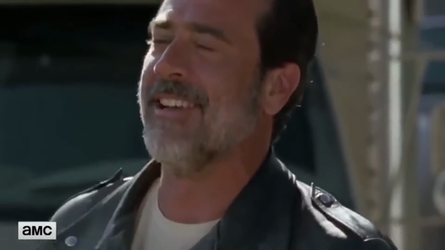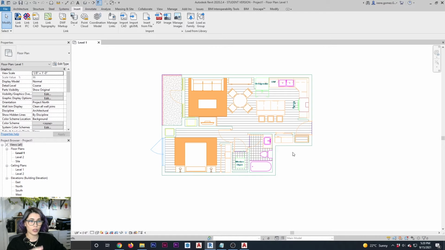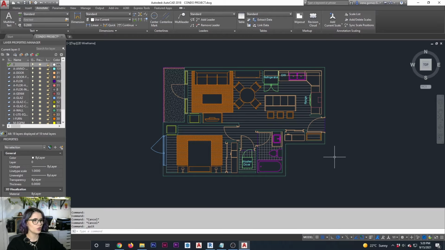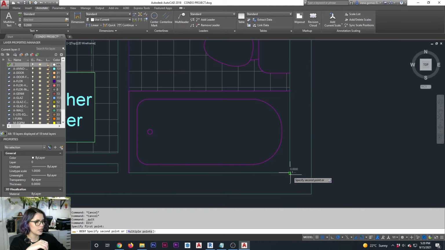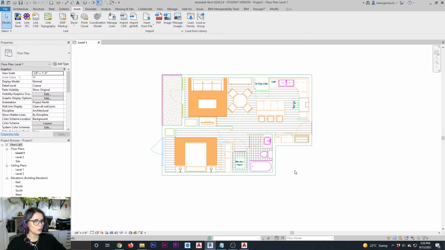Easy peasy, lemon squeezy. Now, the most important thing that you need to make sure of at this stage is that your drawing is to scale. We can very quickly verify that by going back into the original CAD drawing and verifying some measurement. Let's say in this case, the thickness of this wall. The thickness of this wall is 200 millimeters. I'm going to come back into my Revit drawing.